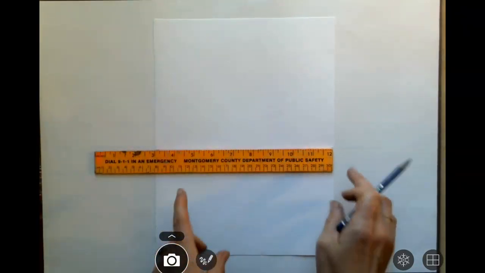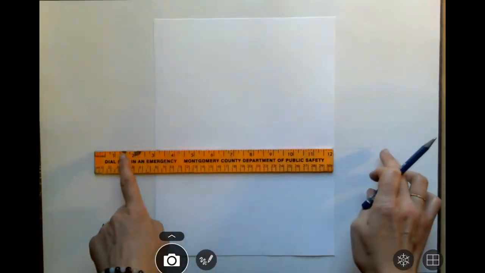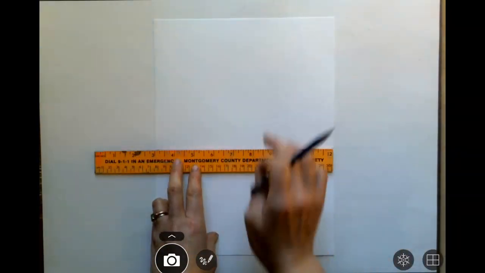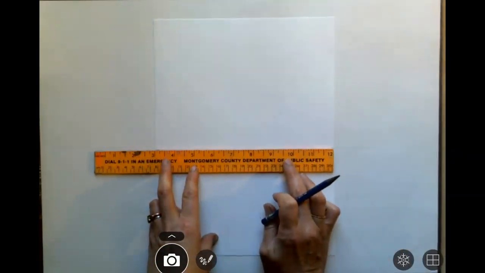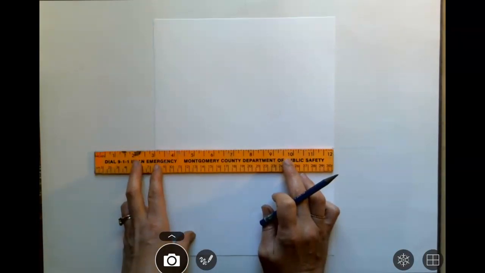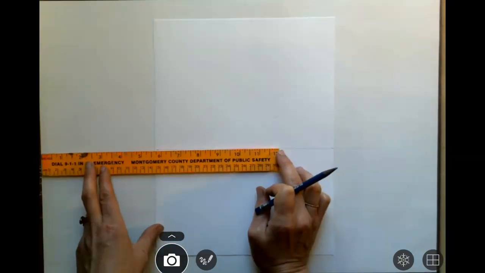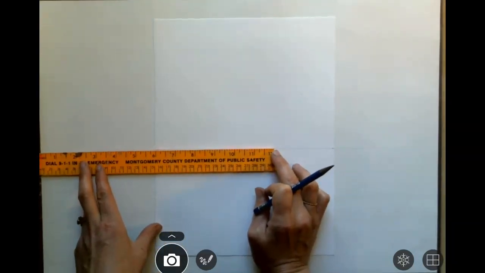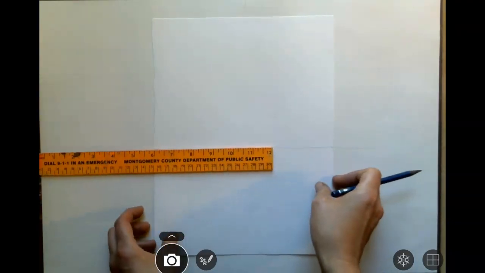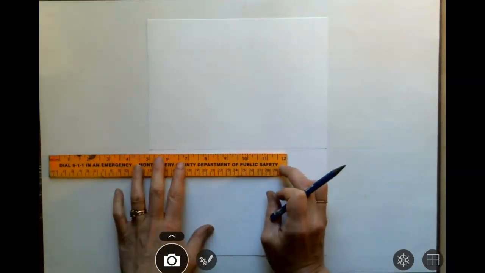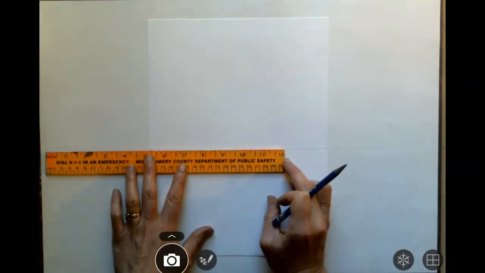All right, now as you can see, I've actually extended this beyond the sides of my drawing paper, and that's why we have this larger piece of paper here to begin with. So I don't necessarily have this perfectly lined up, so let's see if I have this lined up well enough though and centered well enough to do what I wanted to do. All right, I'll make it a little more centered. So I want to have a few extra inches on each side. And I'm going to use that